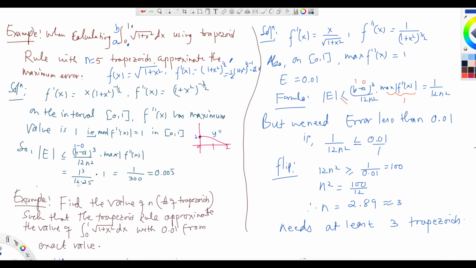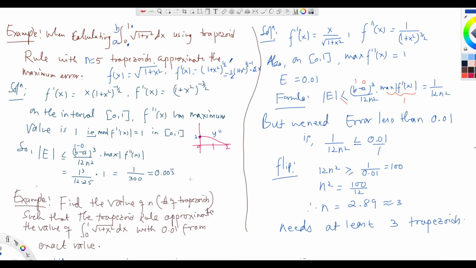So 1 cubed over 12 times 25, which is the same as 1 over 12 times 25, is 300. So this equals 0.003, and then 3333 like that. It is repeated after that. So what does that mean? It means that if you are approximating this integral using the trapezoid rule with 5 trapezoids, this is the maximum error you can get,